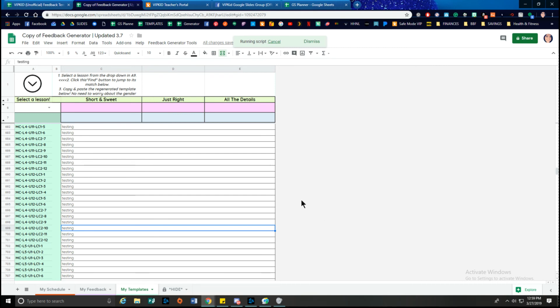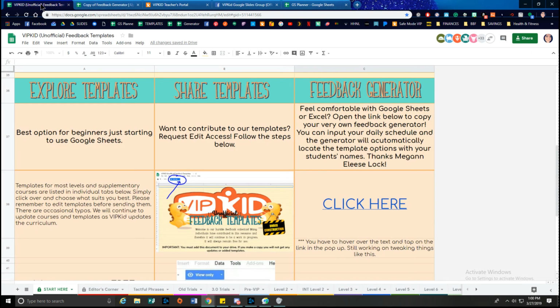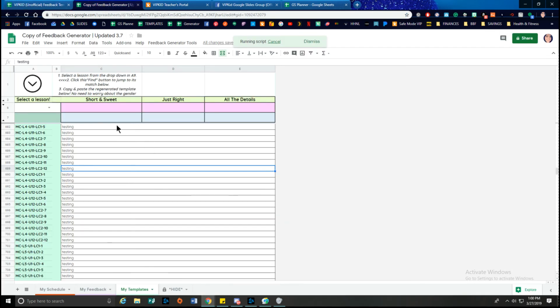If perchance you happen to make a mistake, which it happens, and something goes wrong, and even though you hit undo or back or cancel, it's just not populating, I can guarantee you I won't know how to fix it. But the easiest thing to do is to go back to this very first page and just make a new copy. That'll just have all the scripts back to where they need to be, and it should run again. The only thing you'd have to do there is, if you do make a new copy, you're going to want to